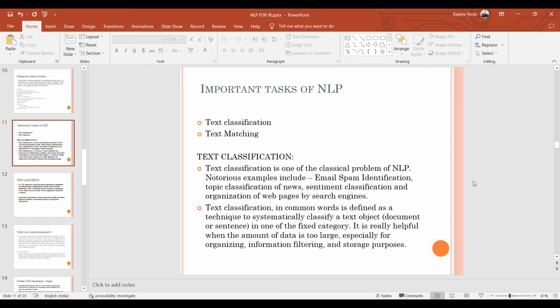So far we have seen how we can clean the text data using Python code. Now we discuss the important tasks we can perform using NLP. Text classification. Text classification is one of the classic problems of NLP. Examples are email spam identification, topic classification of news, sentiment classification, and organizing of web pages by search engines.